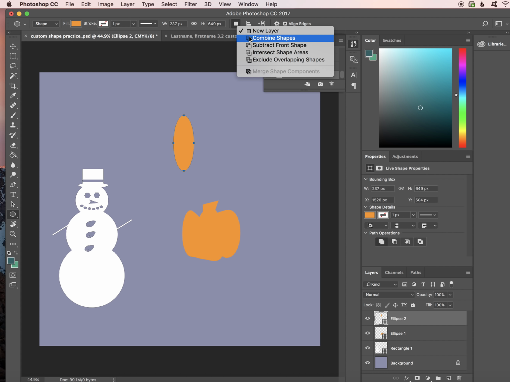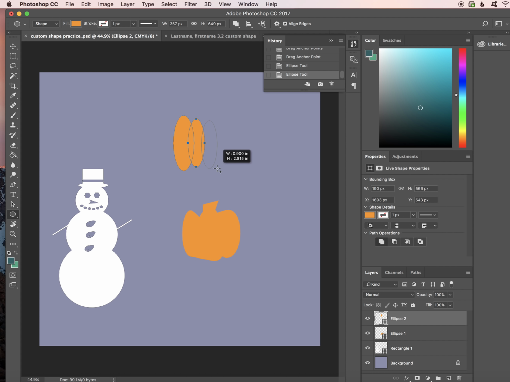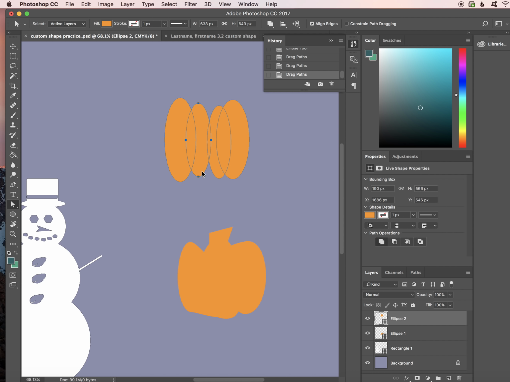Then I'm going to switch to combine shapes, create 3 more vertical ellipses. Notice that these are all being created on the same layer. Now I can go to my path selection tool and I can move over the ellipses so that they're touching each other. I'm going to switch now to the direct selection tool, which we just took a quick look at